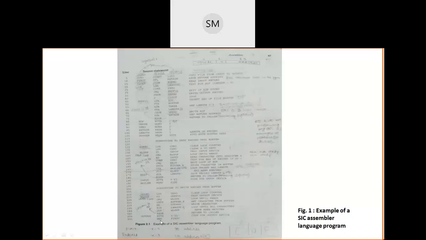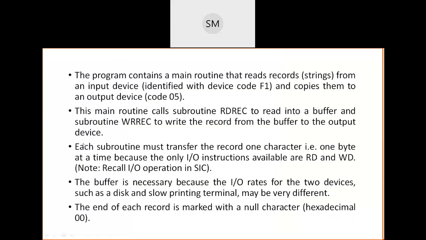Then at last, as I already told you, the END assembler directive. The END assembler directive is optionally written here along with first. What is first? The first executable instruction is STL. Instead of writing STL directly, I have written its label here. This indicates that it is the first executable instruction in my program. So I have written first here. It means that it is the end of my source program. Clear? Okay, let us go to the next.